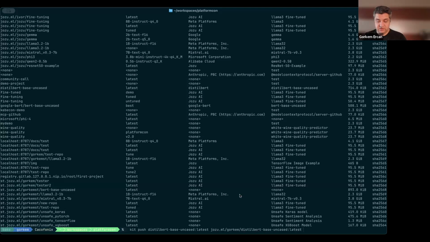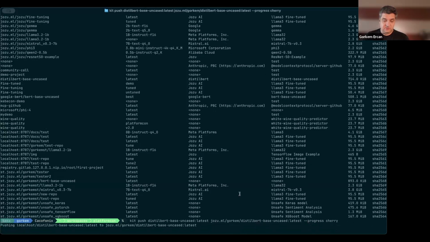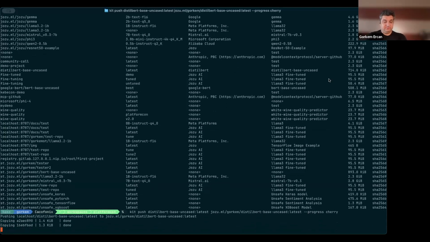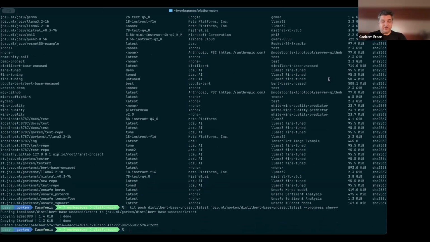And just for fun, I'm gonna introduce you to our cherry progress bars, which look like Pac-Man, but of course this is too quick for that probably. But yeah, that's the part where our local model kit is now pushed to our registry,